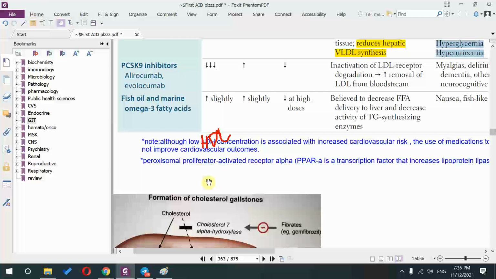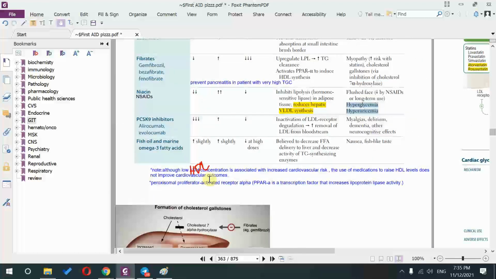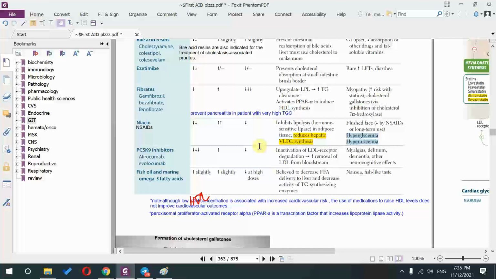Okay. So the last one is the fish oil and marine omega-3. Speaking about the fibrate, fibrate activates the PPAR alpha, which induces